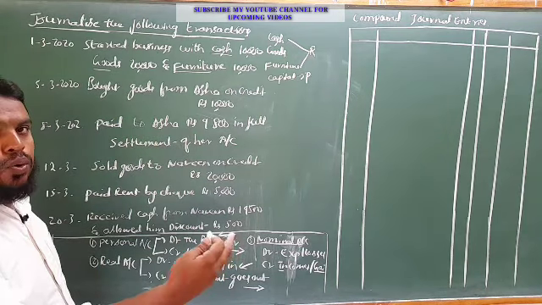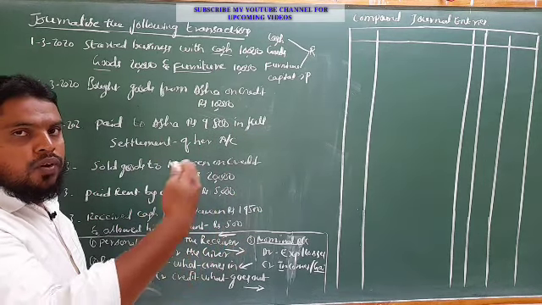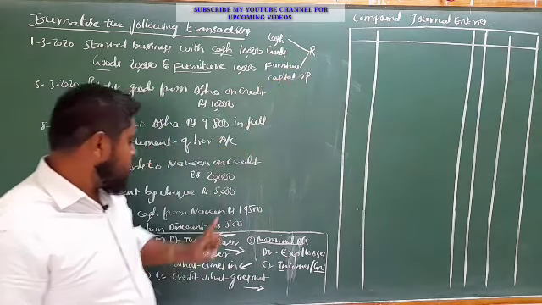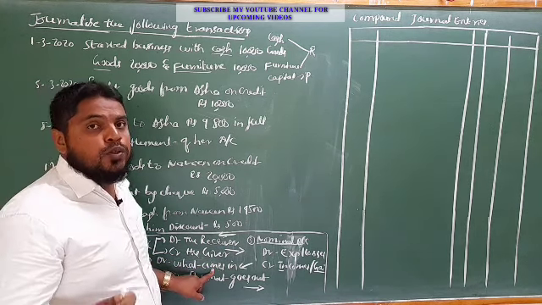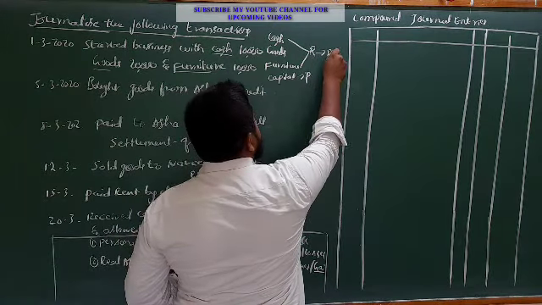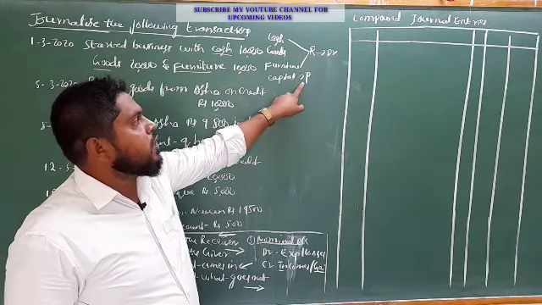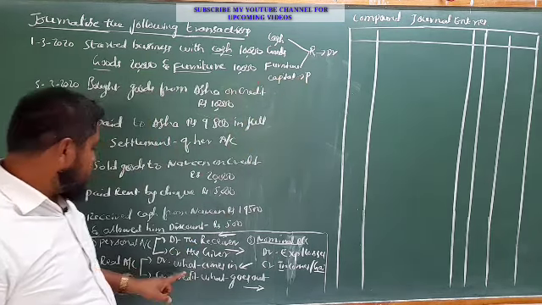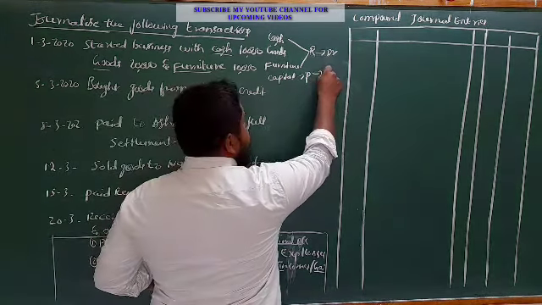Started business with cash: the owner is introducing assets in the form of cash, furniture and goods into the business. So the real account rule: debit what comes in. There are three assets coming into the business here: cash, goods and furniture. This is the debit side. And capital comes under personal account. So capital means the owner here. So the personal account rule: credit the giver. The owner is the giver, credit side.